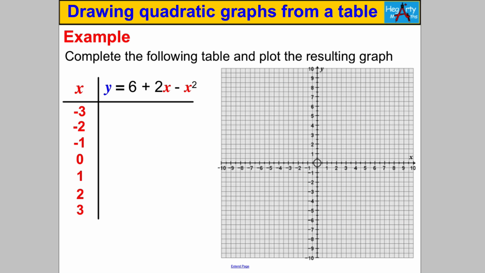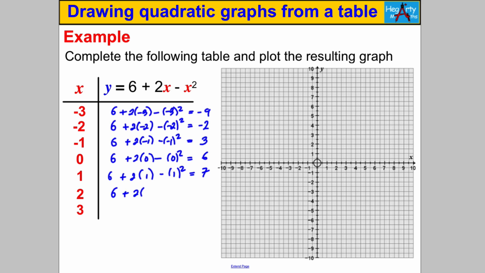Let's have a go at plotting another quadratic. Pause the video, have a go. Again, I'm going to substitute in here, but I'm not going to go through it out loud. Okay, now let's plot these coordinates against each other. And joining the dots here, we get something as follows. Now again, there's not enough data to continue it, but if we did, it would end up looking something like